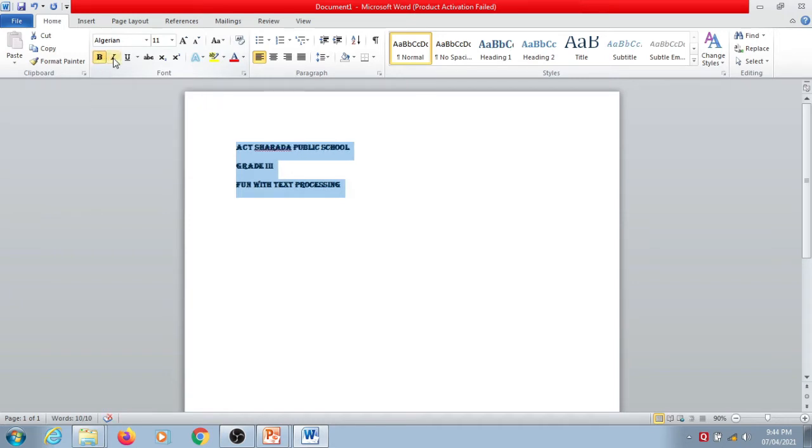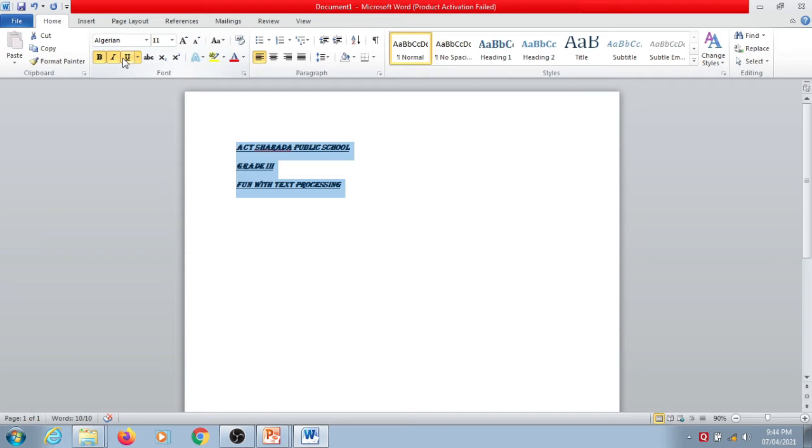Italic, this effect emphasizes the text by slanting into the right. Underlining, it emphasizes text by placing a line under it. We can underline a word or sentence along with spaces.